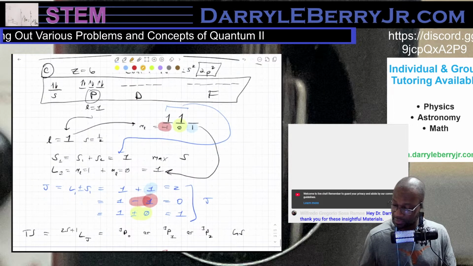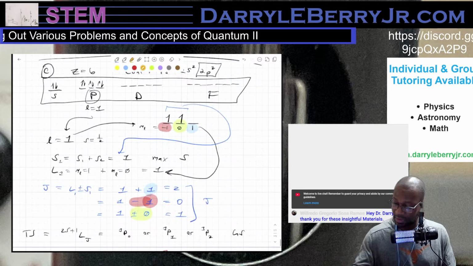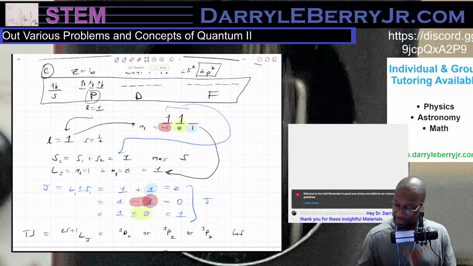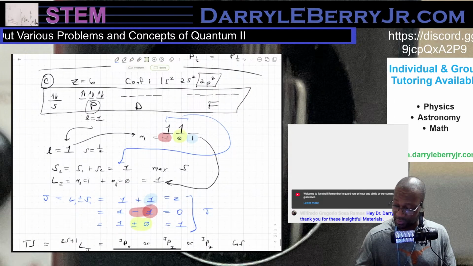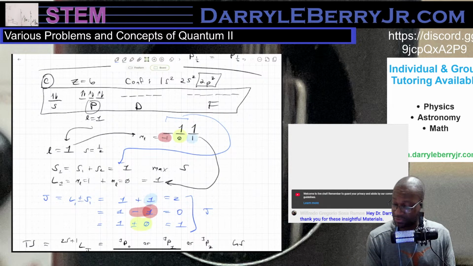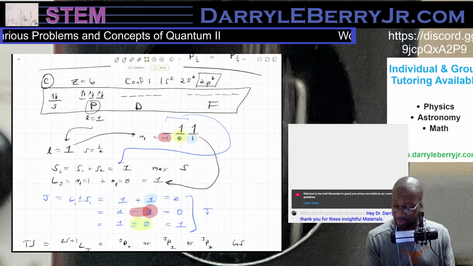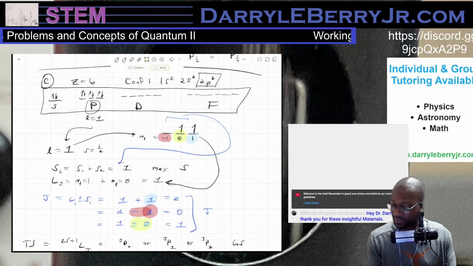And here, same thing. This is a P configuration. So the P configuration lets us know that we have 3 places to put electrons, 6 altogether, and 1 up and 1 down spin. But as I learned and reiterated from rewatching the lecture from a professor,